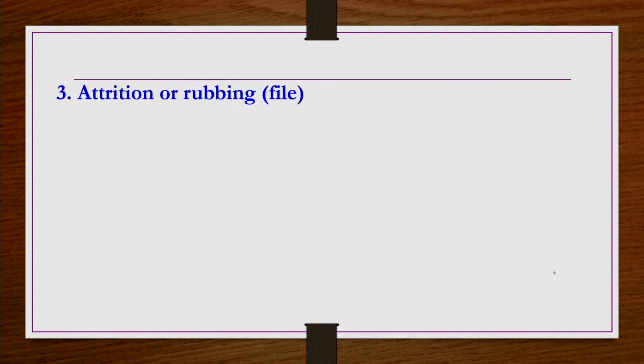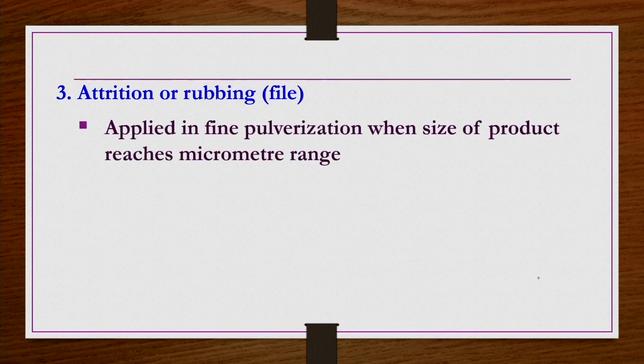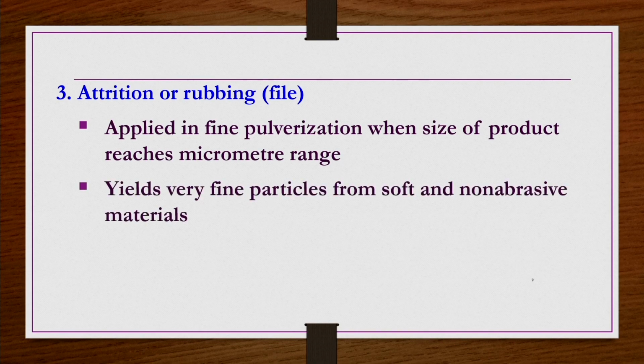The third type of force involved in size reduction is attrition or rubbing. Here, rubbing or attrition is in general applied in fine pulverization, when the size of the product reaches the micrometer range, that is, when you need a fine particle, then you apply attrition or rubbing. However, you cannot directly apply rubbing to a bigger rock size. First you need to apply the compressive force to reduce it to coarse material. That coarse material you hammer, and then after the hammering, whatever material is there, if you apply attrition,